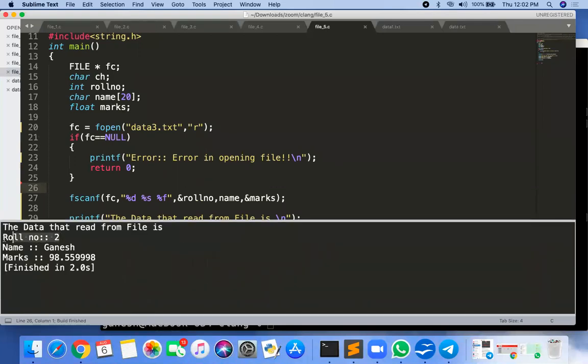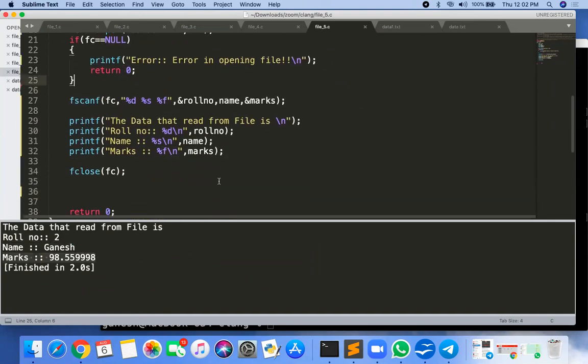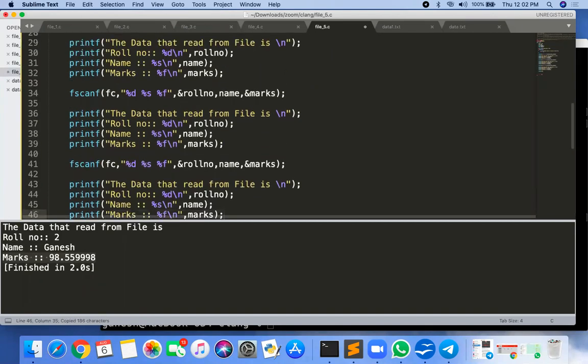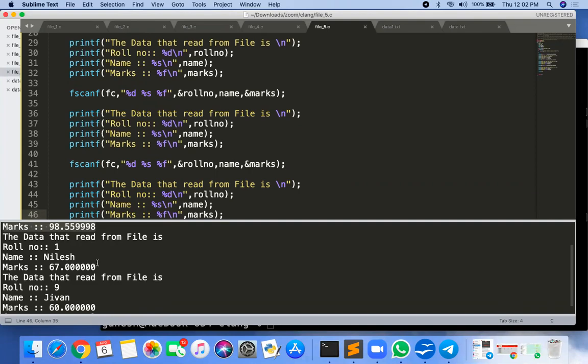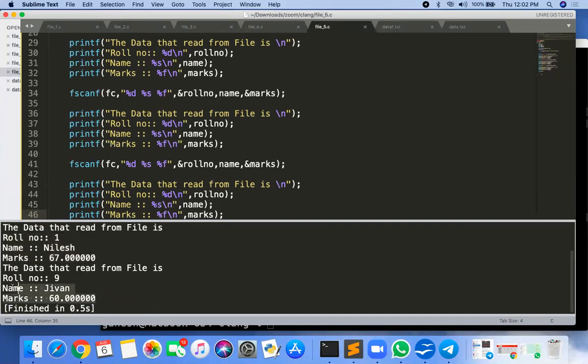You can see roll number 2, name Ganesh, and marks is 98.558. Getting? If I want the 3 data, then just copy paste 3 times and you will get the 3 data. So look here, first data is 2 Ganesh 98.55. The second data is 1 Nilesh 67 and third data is 9 G1 60.0. Getting?